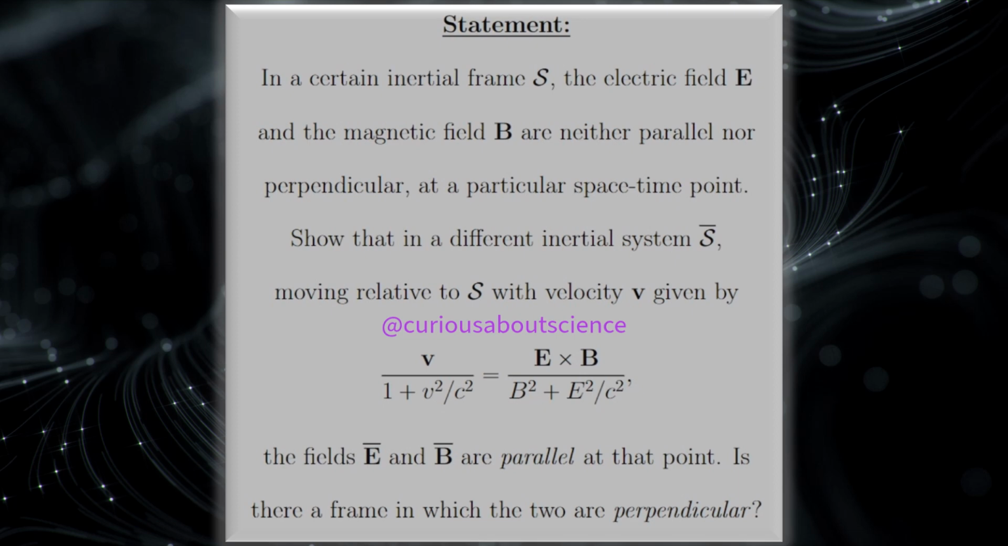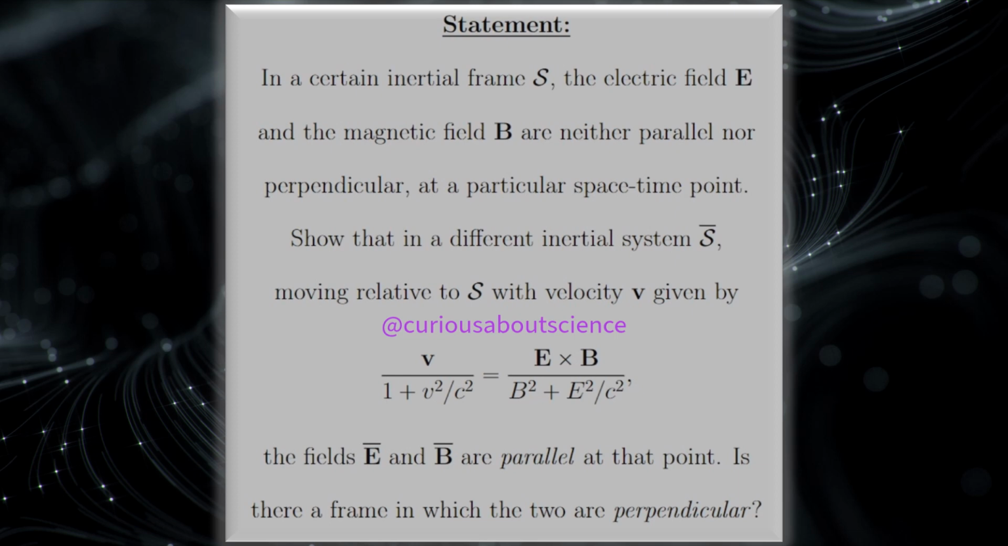Hello all, welcome back. We got a pretty fun one to deal with, so I'm just going to go ahead and dive into it. We're asked, in a certain inertial frame S, the electric field E and the magnetic field B are neither parallel nor perpendicular at a particular space-time point. Show that in a